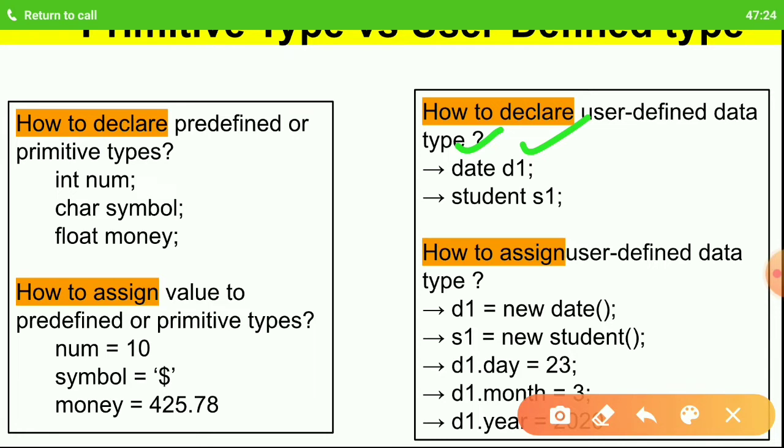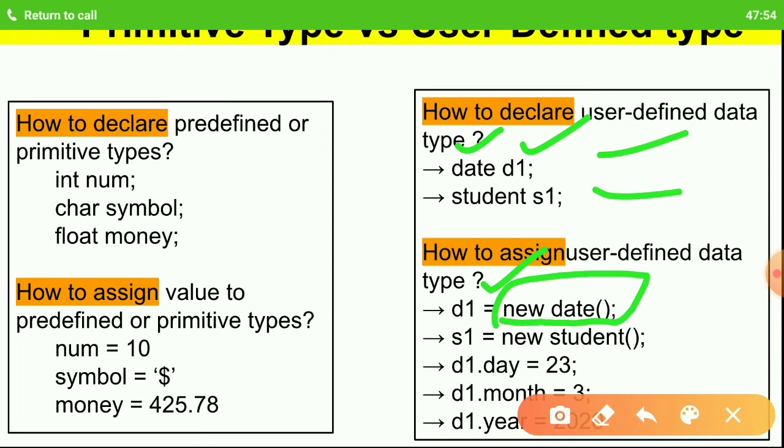Next, how to assign some data to this user defined type? The assignment is done again with the help of the assignment operator. Before I can assign values to D1 and S1, I need to create an object. So the object creation has been done here, new Date.